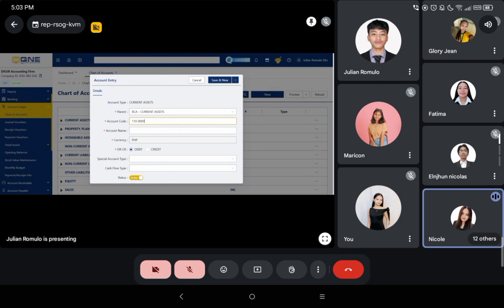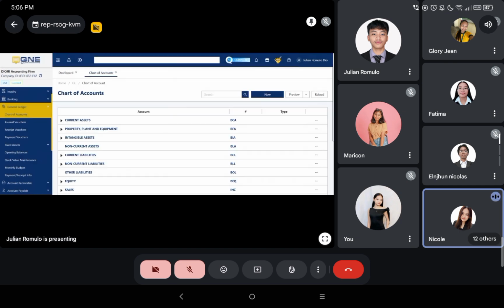And then the account name, put prepaid rent for the demo. Then set the currency to Philippine peso. And then choose whether the account normally has a debit or credit balance. So after double checking, click Save and New to record the account.